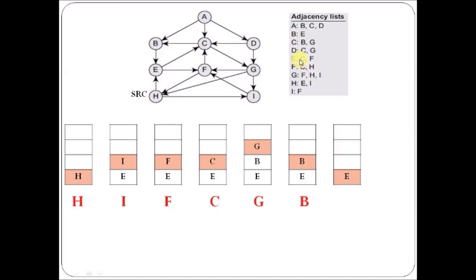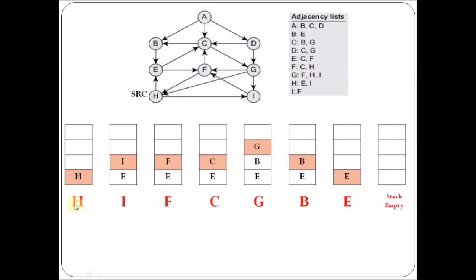From the graph it is found that the elements adjacent to E are C, which we have already covered, and F, which we have already covered. So there is no new element to be inserted into the stack. There is no new element that can be pushed into the stack. So we have removed the topmost element and there is no new element. That's why the last step is that the stack is empty. Whenever the stack is empty, we have to stop at that position.